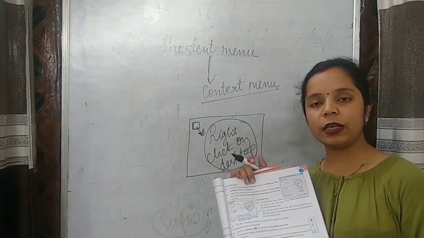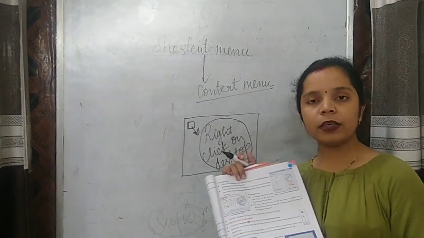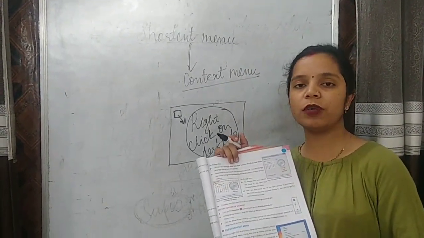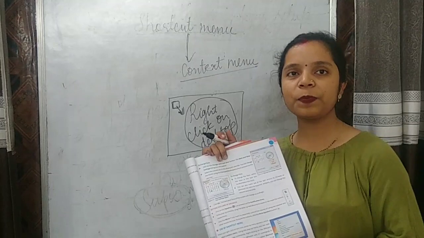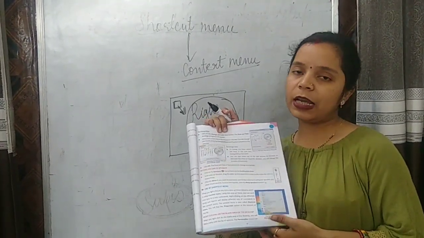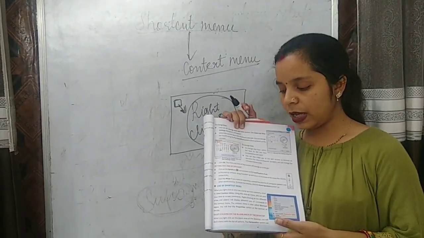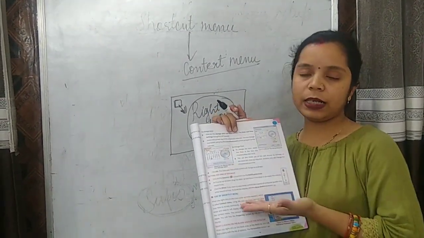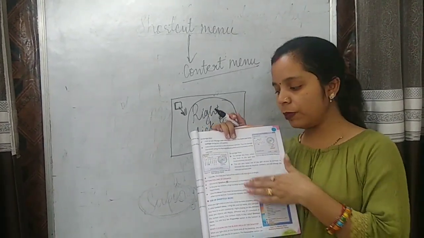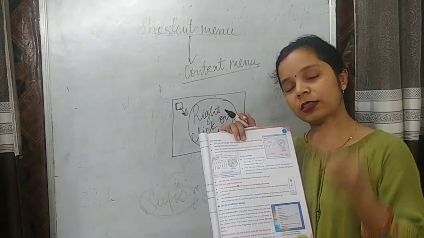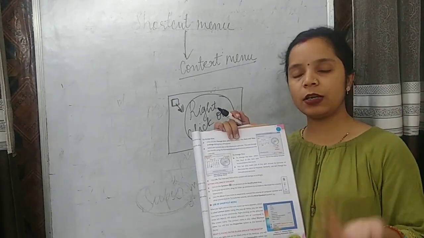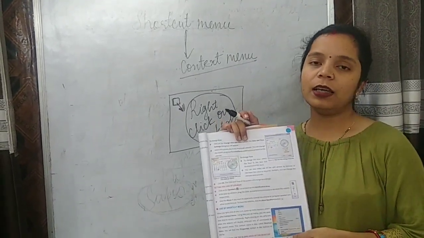So you will read this chapter properly, and then you will watch the video. Along with reading, you have to watch the video, then only you will understand it properly. Read this chapter properly. If any kind of confusion is there, you ask me. It's very easy. When you read the chapter, you will understand very easily. And if you have a computer at your home, side by side you can perform these steps on the computer, and then read the chapter. Then also you will understand more clearly.